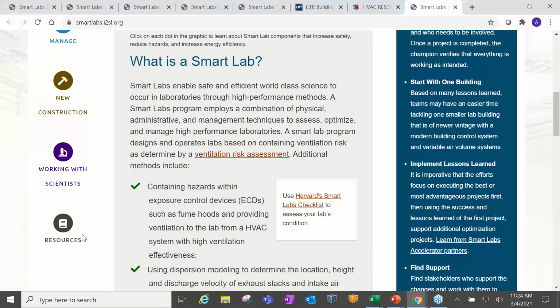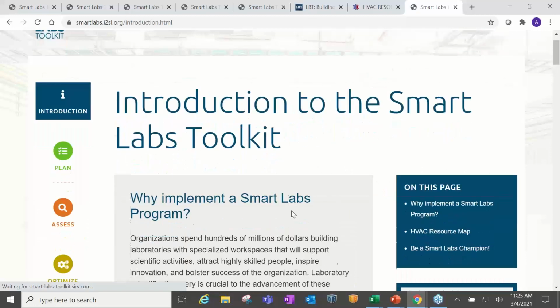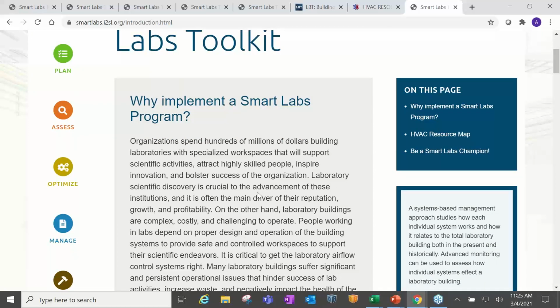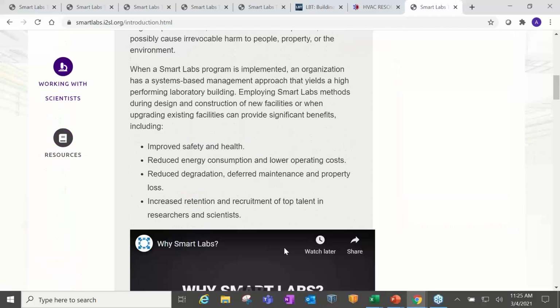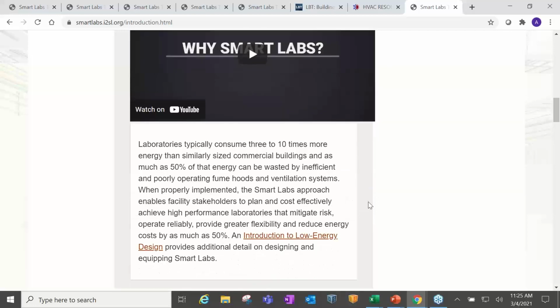So if you're looking for something in particular, we'll take a look at that at the end of this tour. But before we get there, we're going to take a look first at the introduction page. This goes into a further description of why Smart Labs, which Rachel touched on, brings together sustainability, efficiency, cost savings, and safety really is the primary focus of it. So this goes into what it is and has some videos down below to engage management and share with folks that might also be interested in